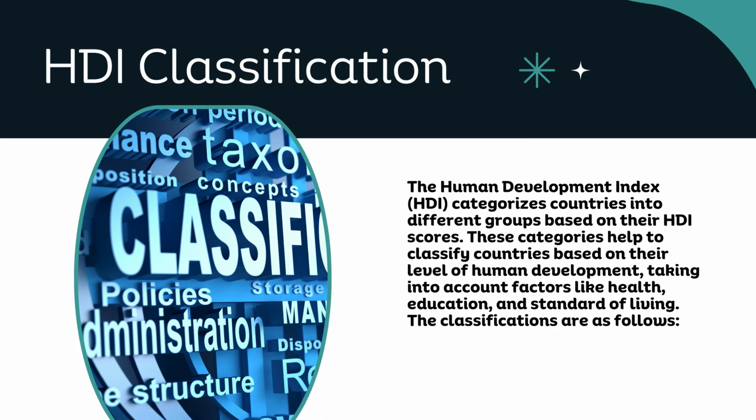HDI classification. The Human Development Index, HDI, categorizes countries into different groups based on their HDI scores. These categories help to classify countries based on their level of human development, taking into account factors like health, education, and standard of living. The classifications are as follows: